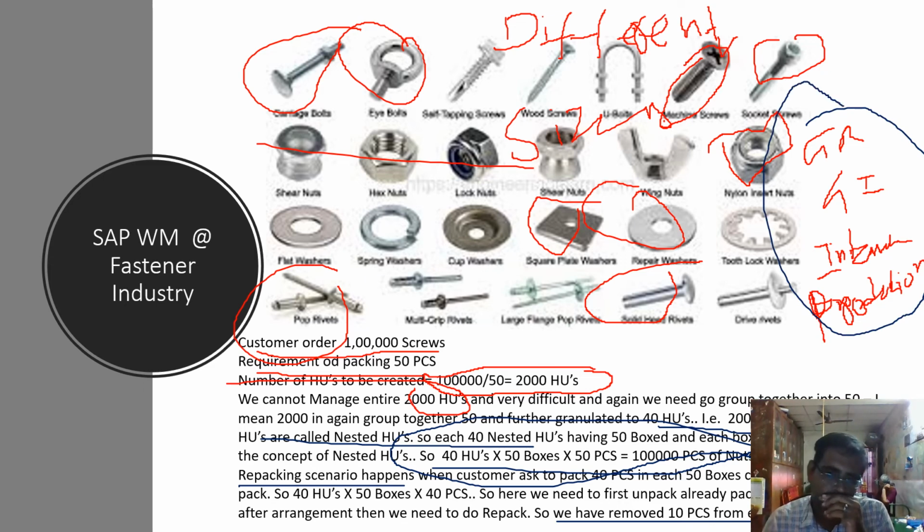So as mentioned, packing is a lost operation. So after the material is received in pieces, then at any point of time we pack the pieces and create handling units, repack. The fourth option will be if we keep the stock in the storage bins in pieces, but while delivering based on the customer orders, we pack them to the customer specific requirement of packaging, then deliver the item. So we need to rearrange